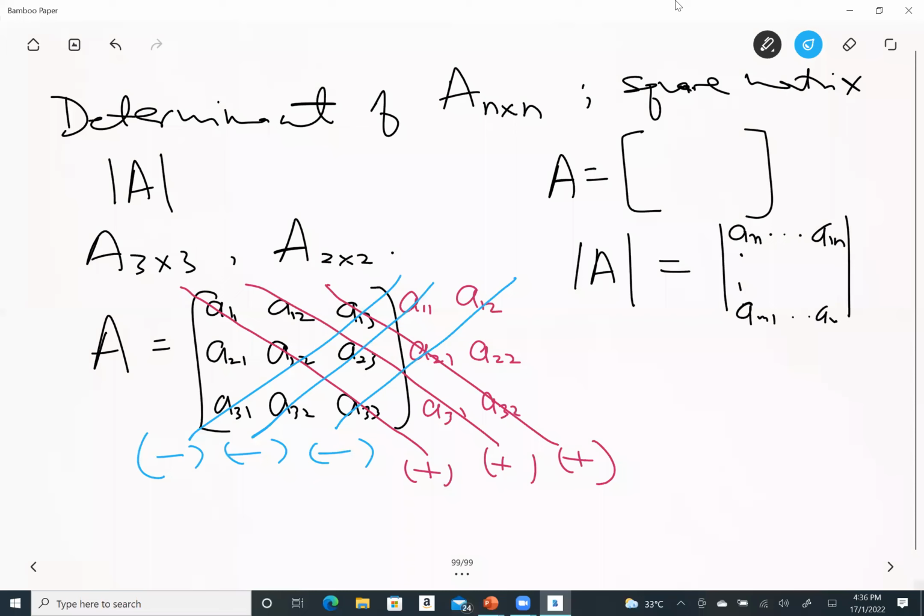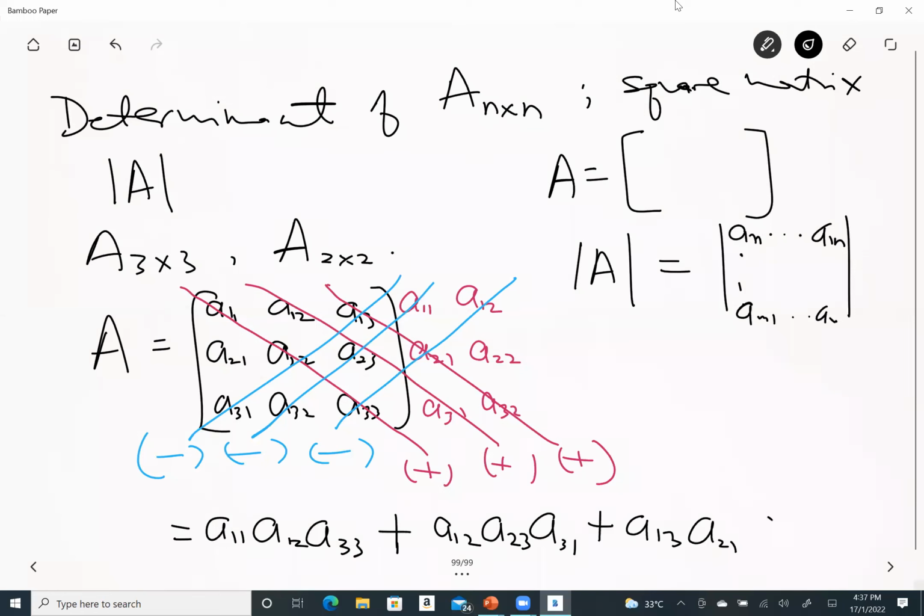Then you get the determinant of A. That will be equal to A11 A22 A33 plus A12 A23 A31 plus A13 A21 A32,